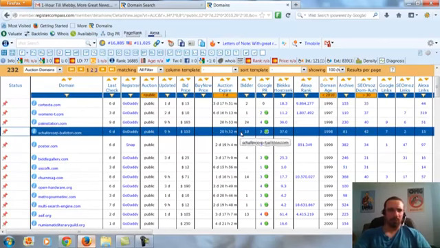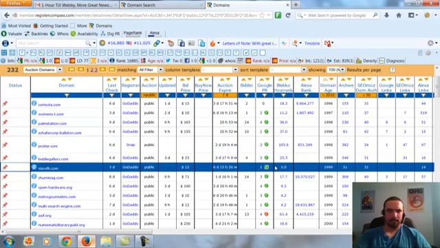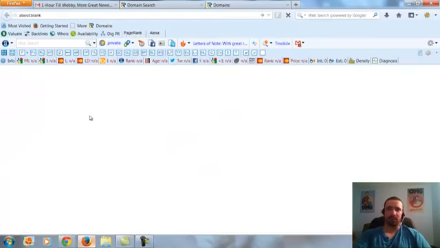Here's a 2. It's at 155. That's high for a PR2 showing. It's old. Let's see here. Alright, so here's one here. It's showing only a PR1, so it won't get much attention. It's at $12. I kind of liked that domain name. It's old. So let's go check this out.